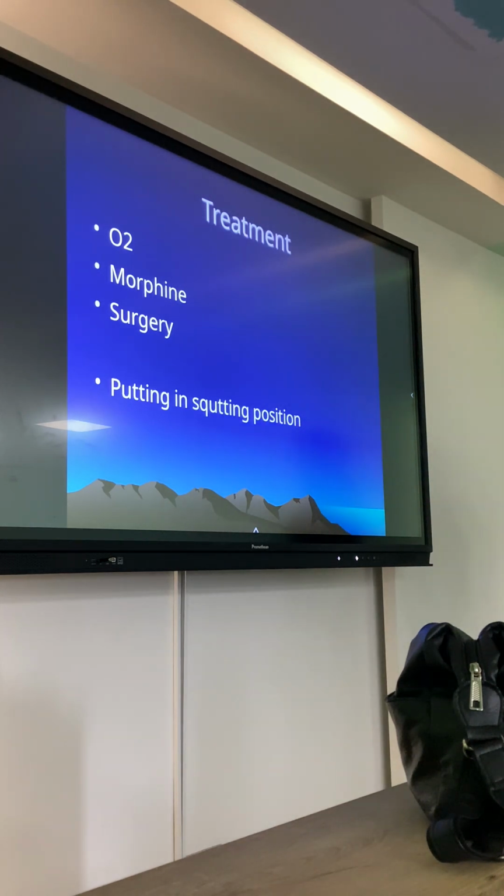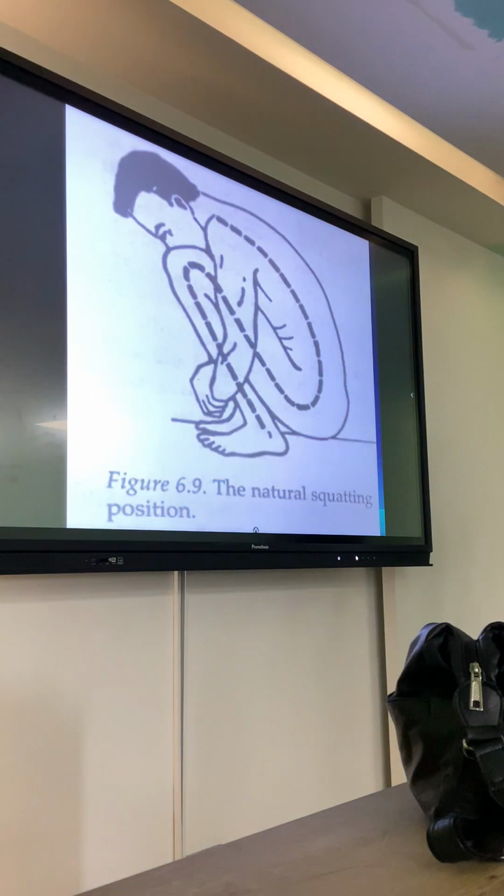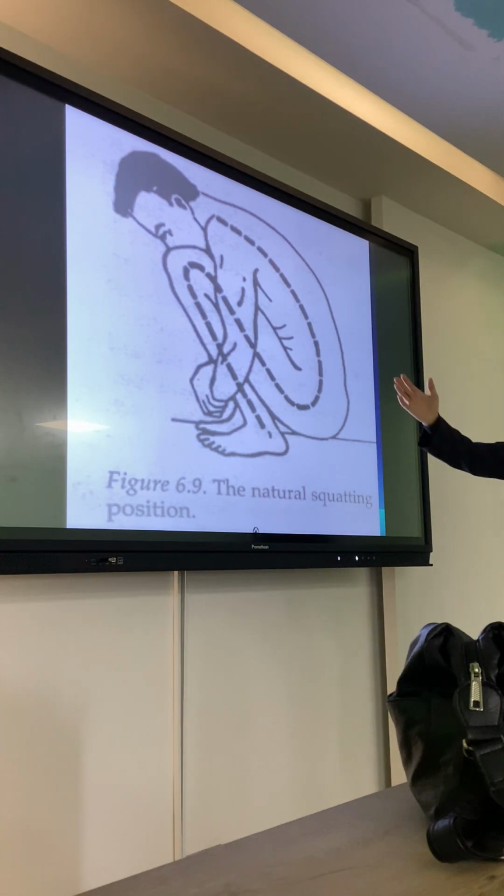Do you know what this is? The squatting position leads to decreasing cyanosis in tetralogy of Fallot. It is a final exam question also. What is the squatting position? Putting the patient in this position leads to decreasing cyanosis because of increasing